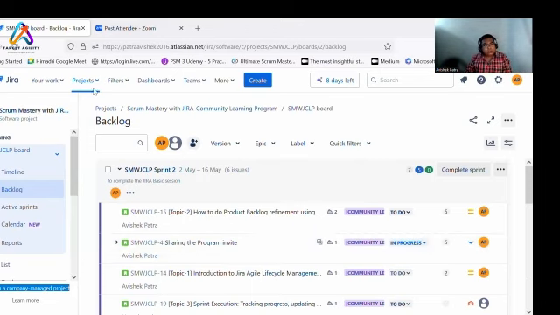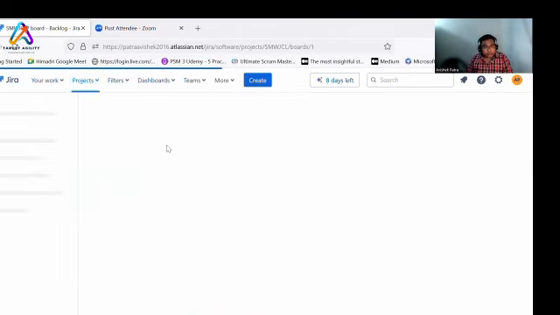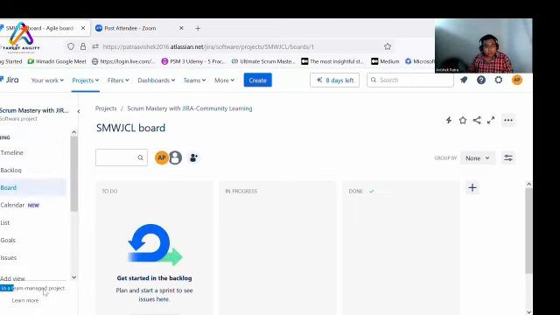There is also another type of project called team managed project. If you see here, I have another project created as a team managed project. In a team managed project, you get a host of powers to define your own workflow schemes. You can use it like the Jira admin power along with the Jira project admin power integrated together in a team managed project.